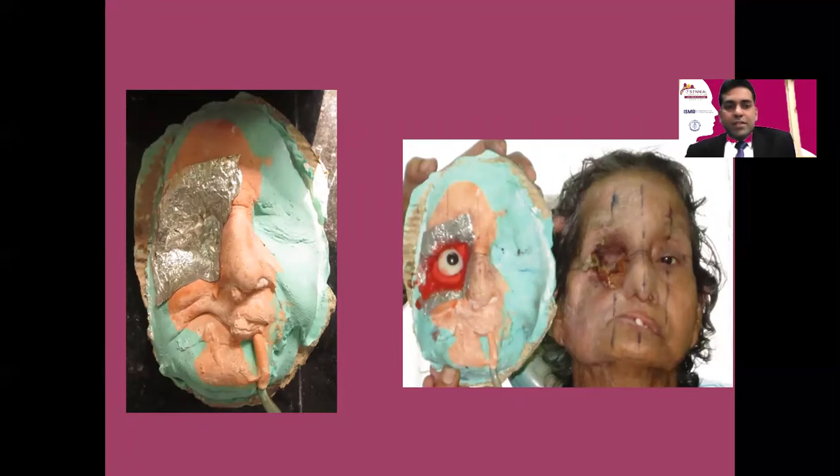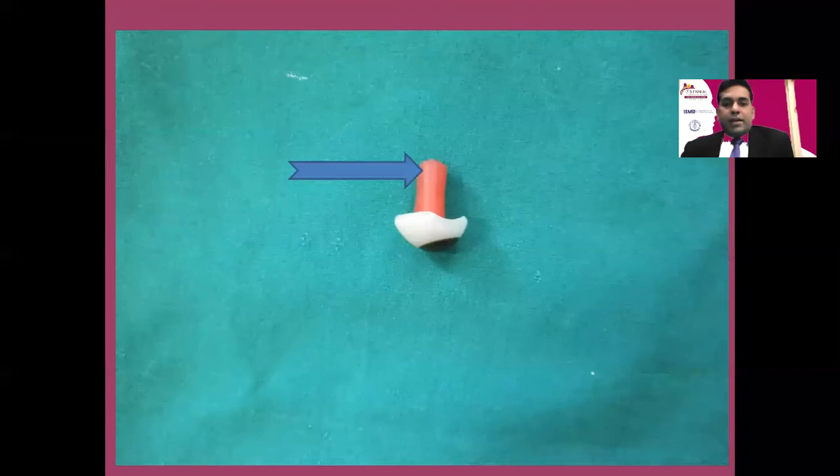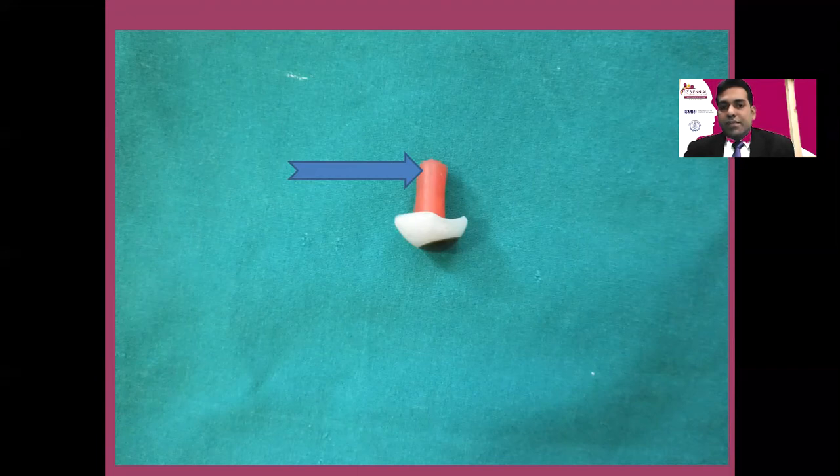And then this was the facial moulage, and you can use these aluminum foils as a separating material, so it will be easier for you to take out the sculpture while going for trial on patient face. And here you can see that the stock is attached on the inner surface of the eye shell, and it will help for adjustment of eye shell position when you are trying it on patient's face.